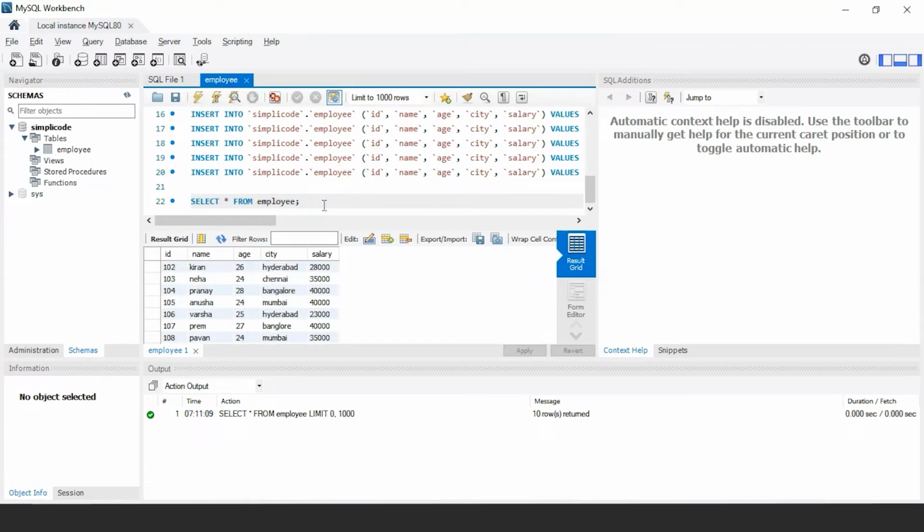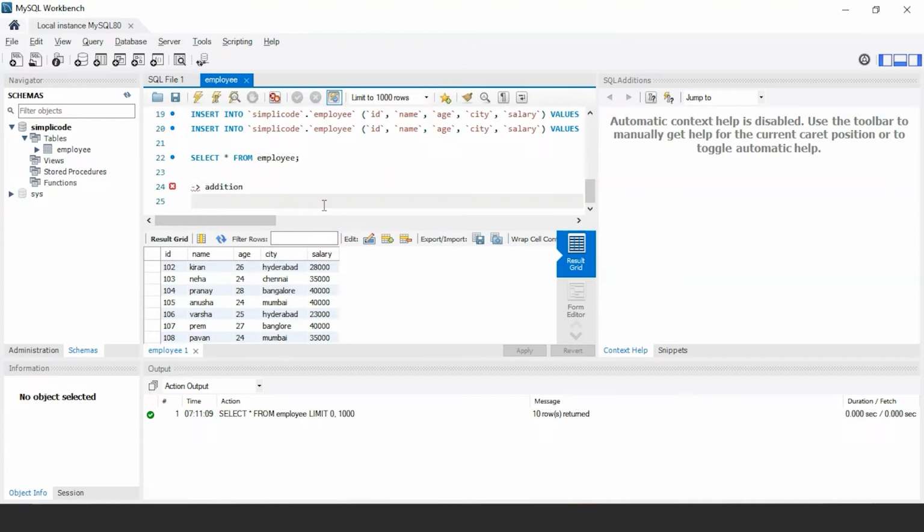Now that we have understood all these, let us proceed with the SQL operators. First, let us look at addition operator. Let us understand this with the help of an example. Suppose you want to add 10,000 to the salary of each employee specified in the table. Then we have to write the query as